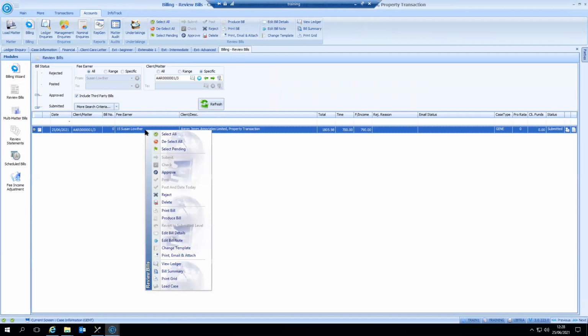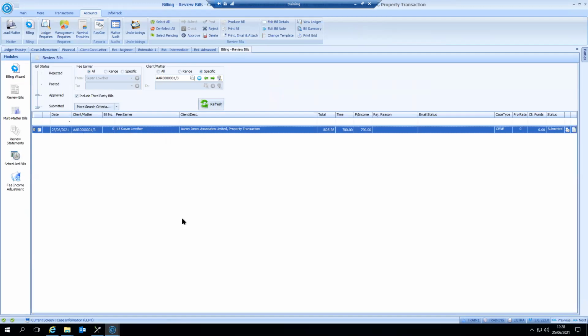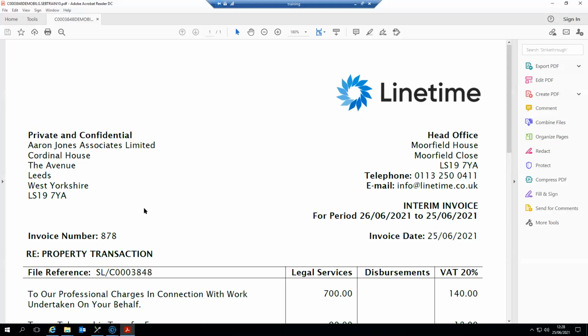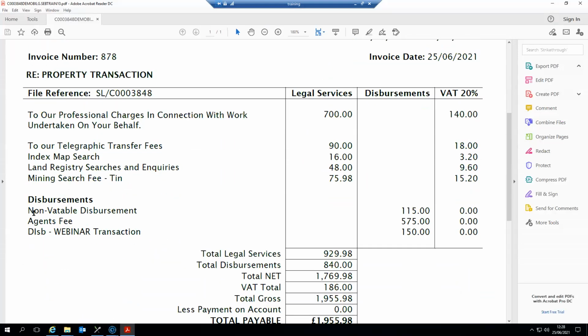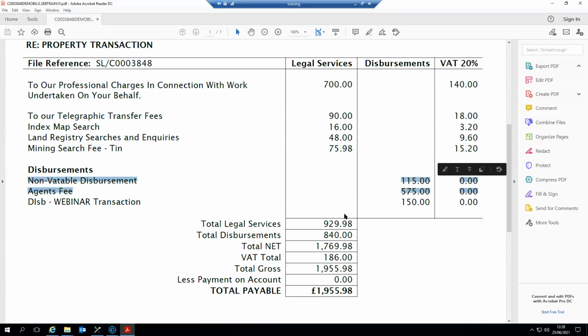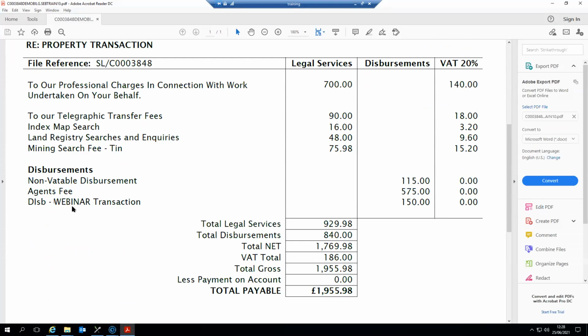Now if I merge my bill, right click, produce bill, you will see that we'll still have all of my recharges here, that's fine. The system is grouping those two, which is still okay, but then below, we've got the Disp webinar transaction. And so it is possible on here to have a combination of both transactions and standard